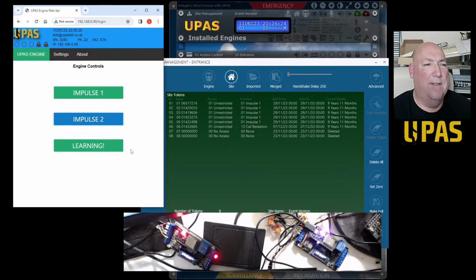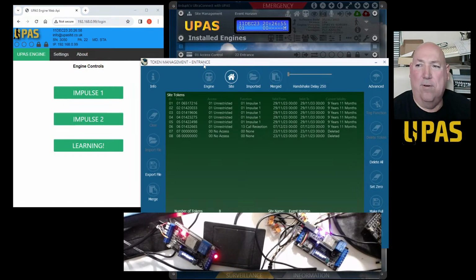Ultimately that list will show you, even if the tokens aren't enabled or known to the system, it won't release the relay, it'll just report that this is the token number. So you could use it to find a number out of a token. So it would be nice to have a list of 10 tokens and a button to say learn, and that's it really. Just keep it basic.